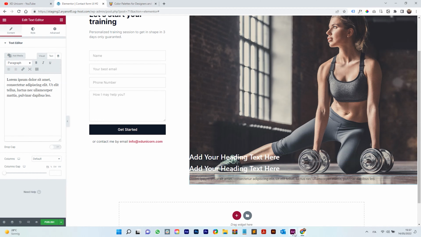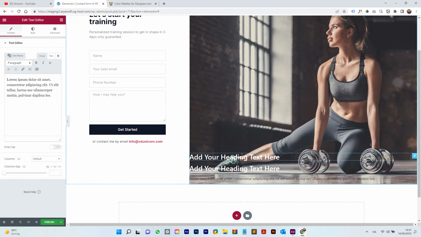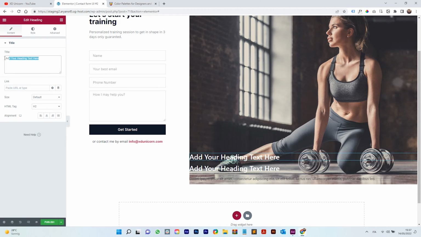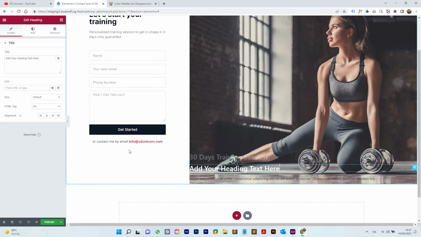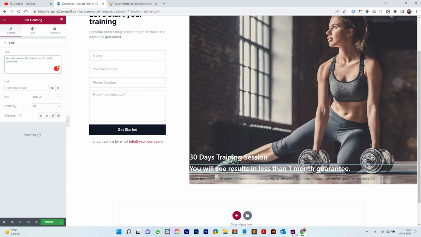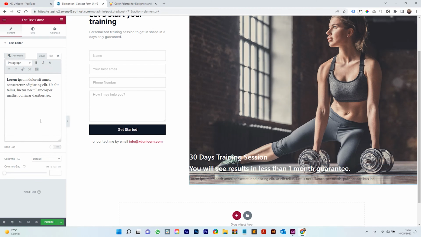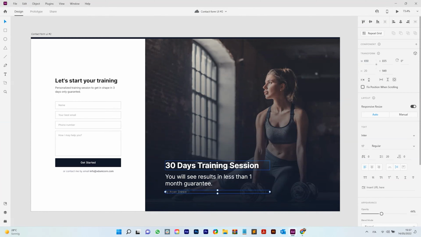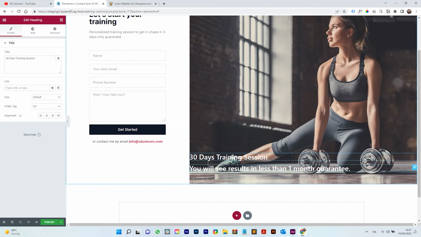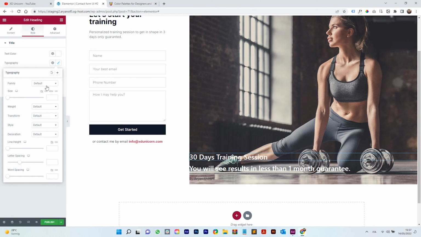So let me check again the design. I'm going to copy the text and paste it here. Perfect. Now I'm going to copy the second text and paste it again. And the third time, let's copy this and paste it. Okay, great. So I'm checking the font size, and it's bold, so doing the same thing here on Elementor, style,